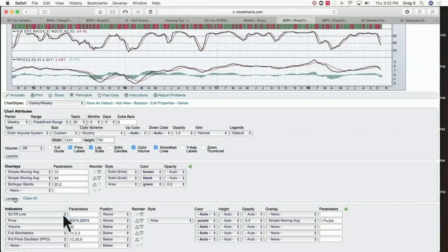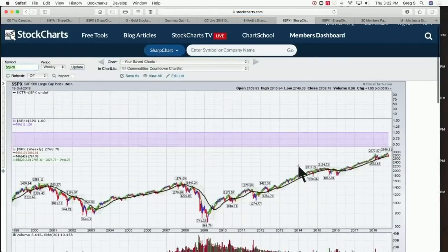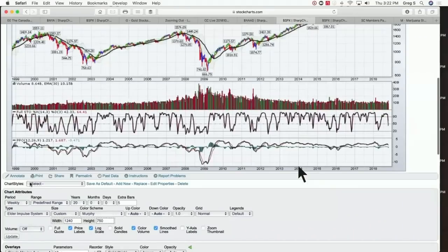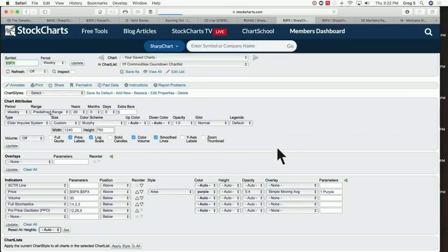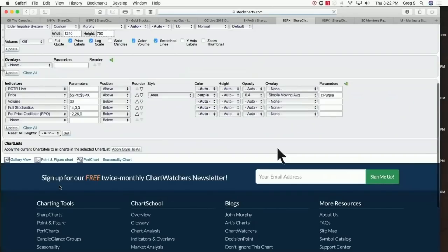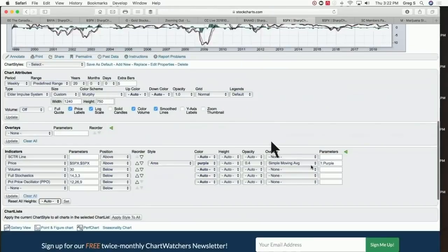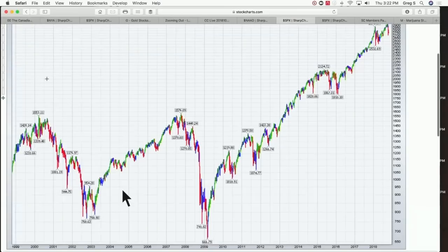And it works good to have the Alexander Elder colors on here, the red, blue, green. I've got a little too much information on here, so I'm just going to clear all of this off. And I'm just going to take off all my indicators for now. But the point is that on this chart, what you'll see is that when you have this downtrend,